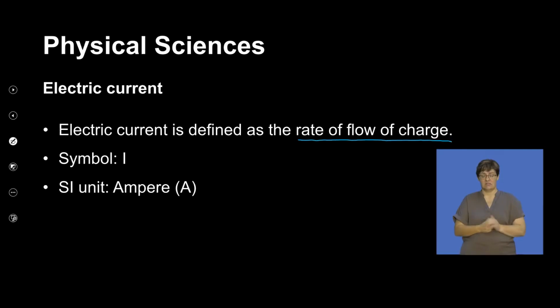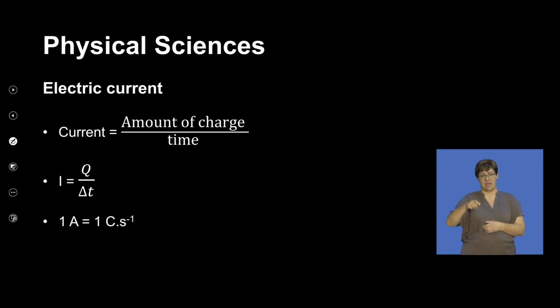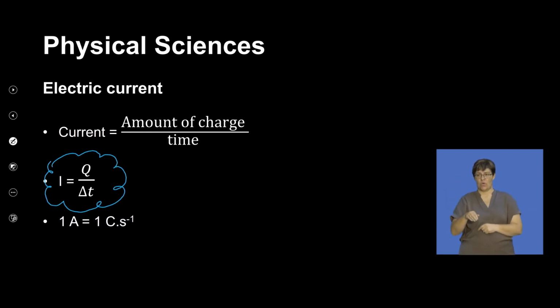So the definition of current is incomplete without the keyword rate. The symbol for current is I, which is derived from current intensity, an indication of the intensity of charges flowing through a point per unit time. The SI unit is the ampere, the capital letter A. Mathematically, current is the amount of charge that passes through a point in a given time, so I is equal to Q over delta T,